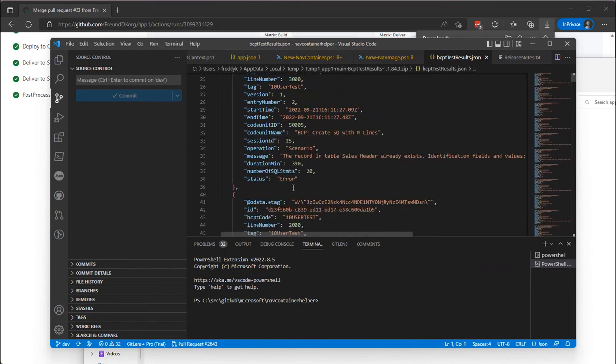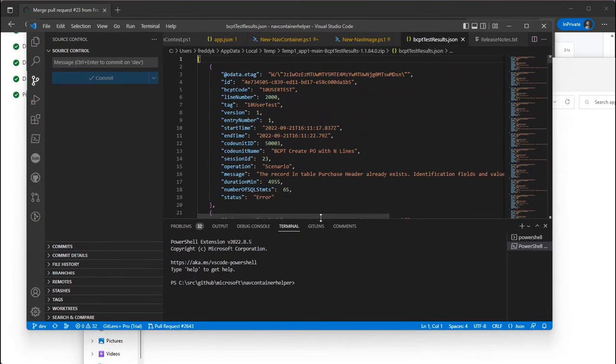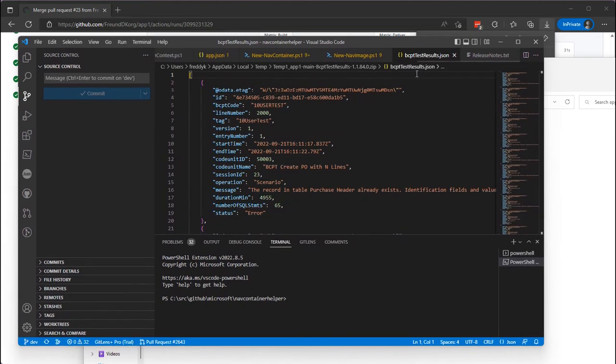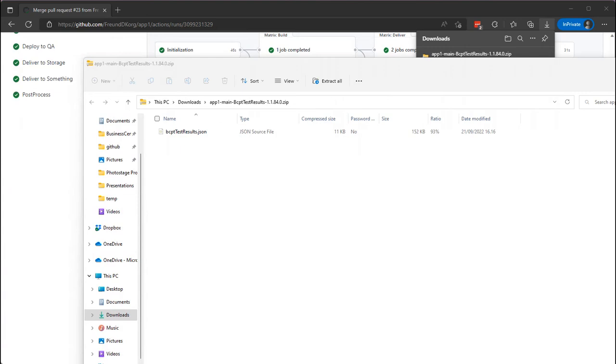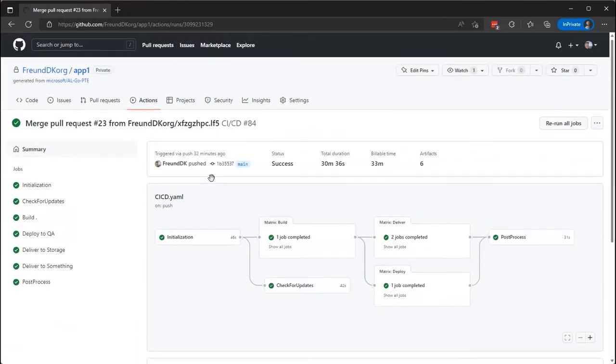We are working on a better way to compare and monitor these test results, but today you only have the JSON files, and you can grab those from various builds and monitor those in various tools. But we will be looking into ways of comparing, might be through Power BI and other things, to query the build results and actually show progress in BCPT tests over time much better. So that's it for adding BCPT tests